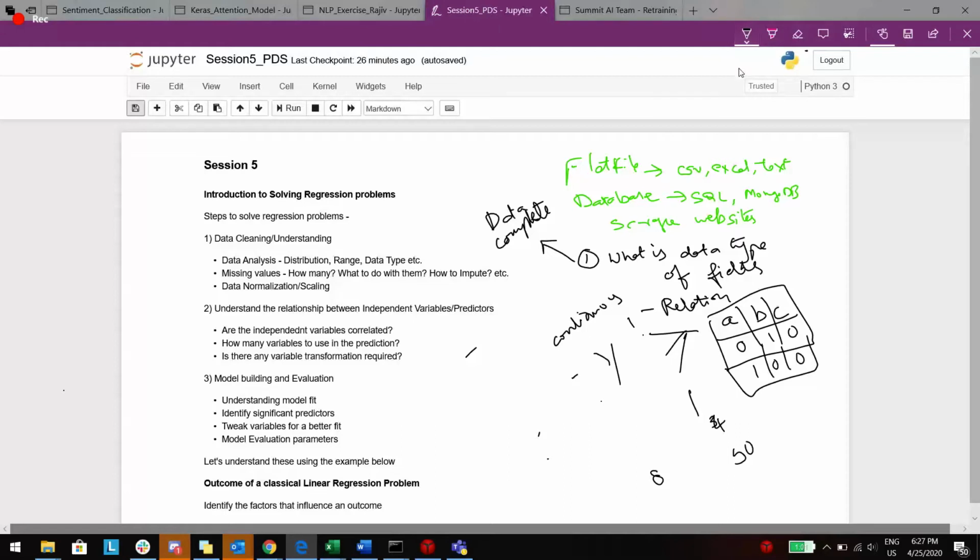Say you want to look at a field which talks about the salary of a large set of people. That might range, if you take it in dollars, and I'm talking about monthly value, from say $500 to say $15,000.